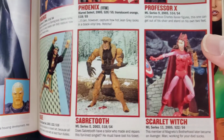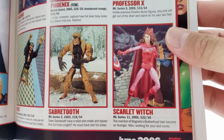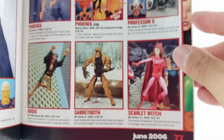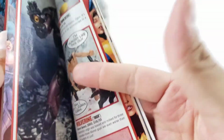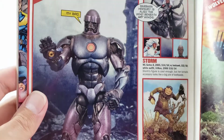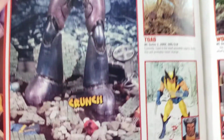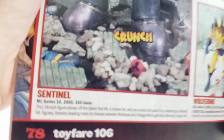But let's see some more of the pricing. Oh, I don't like that Scarlet Witch. Again, when she was 22 carded, she's pretty cheap even now. I still see her at toy shows before this whole thing happened. She's still like 10 bucks carded, sometimes even 8. But here's the Sentinel. This one I think you guys will get a kick out of. They rated the Sentinel to be worth